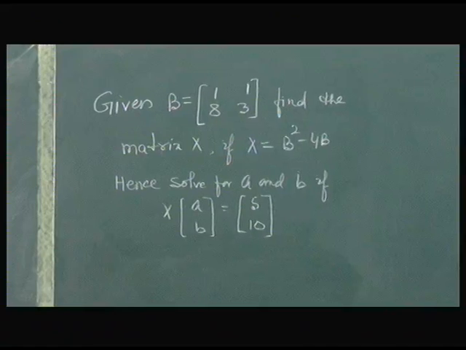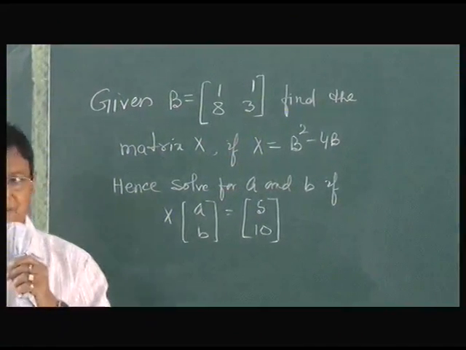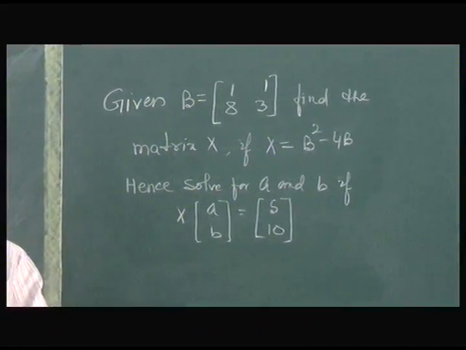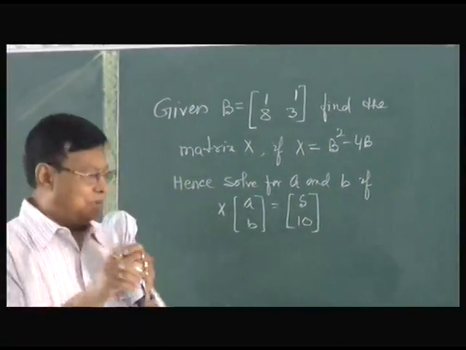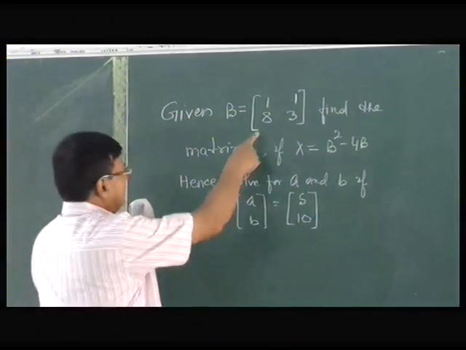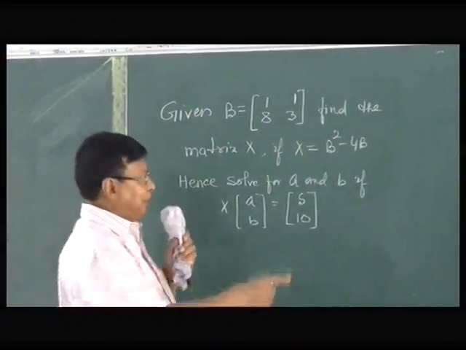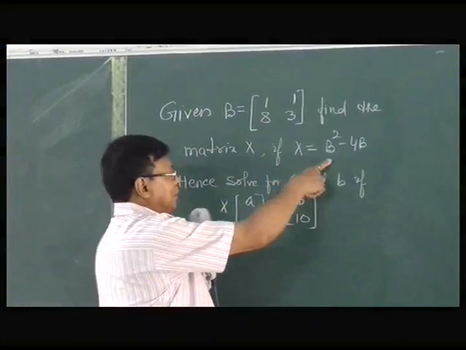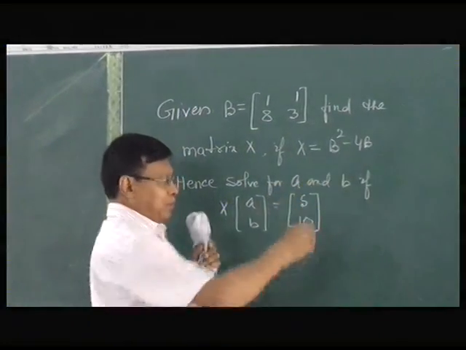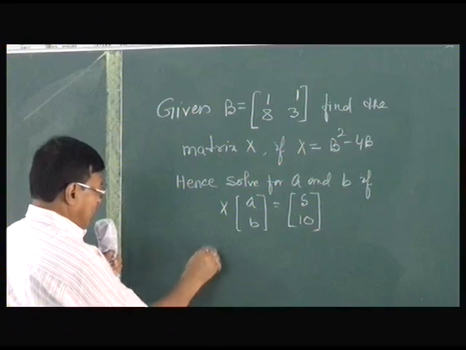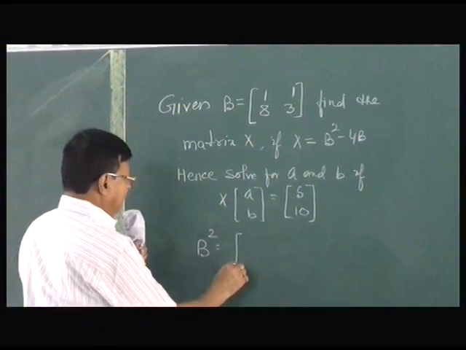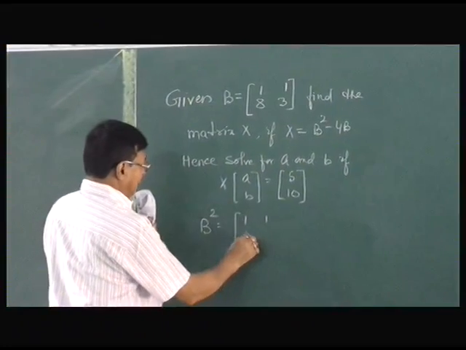Well, the other thing which I discussed is the square of a matrix. Square of a matrix is not the square of its element. So here is the sum. The matrix B is given. You have to find a matrix X which is equal to B square minus 4AB. So we first find B square. So B square will be B into B, that is 1183